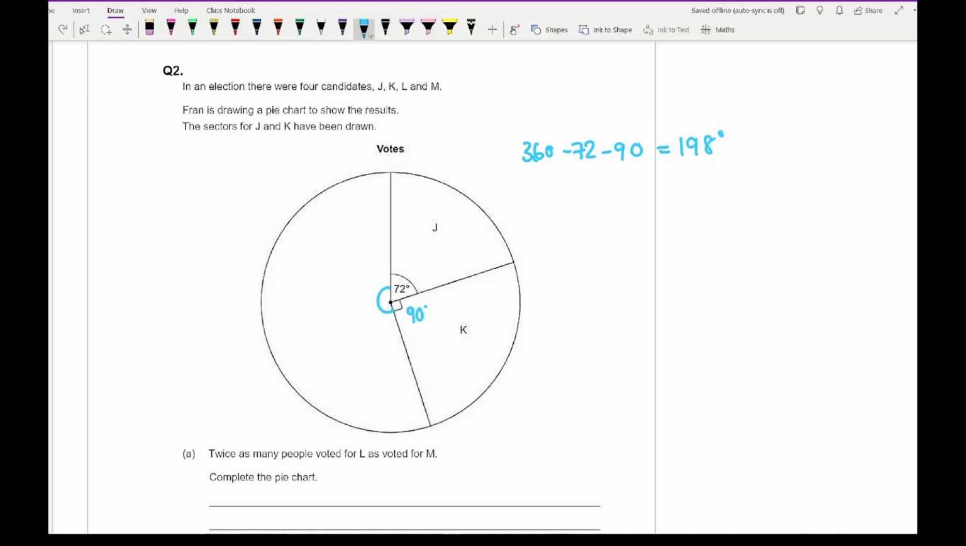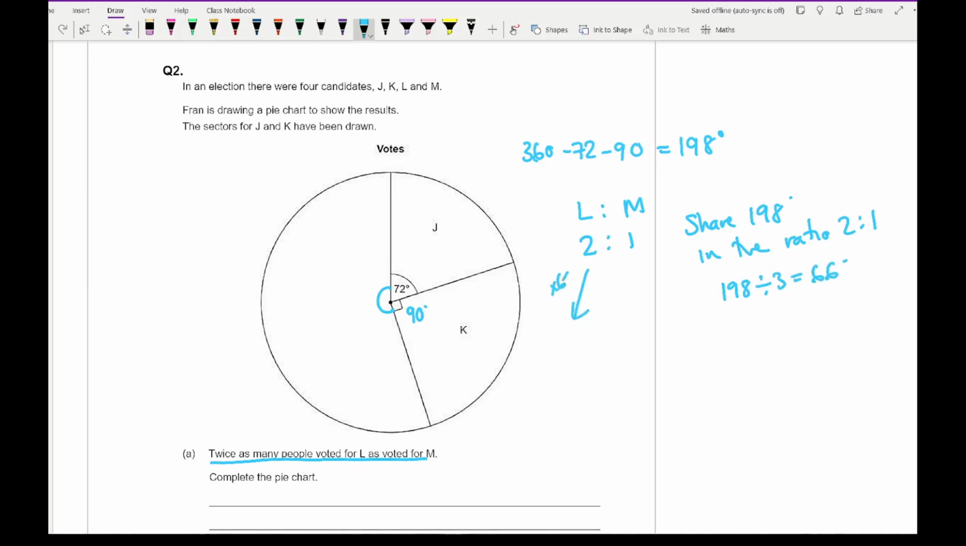So now looking at this statement here, I've got L and M, and twice as many people voted for L as voted for M. So what I then need to do is share 198 degrees in the ratio of 2 to 1. So from this, I do 198 divided by 3, which gives me 66. So then 198 divided by 3 equals 66 degrees. So I multiply that by 2 for L and by 1 for M, so I'm going to get 66 degrees and